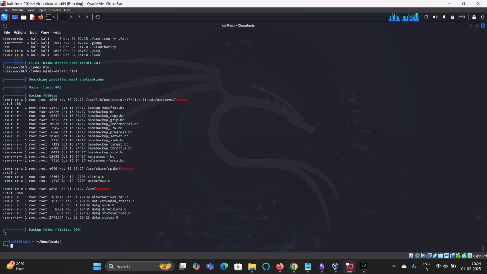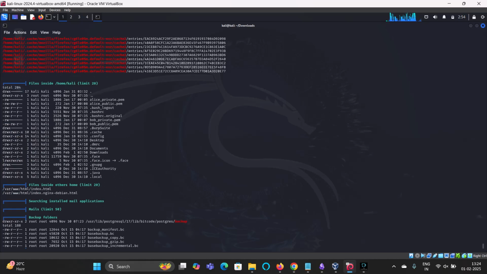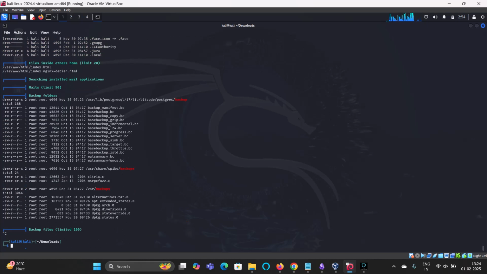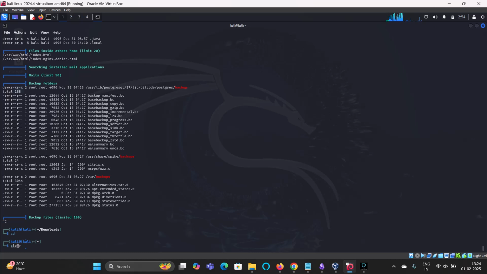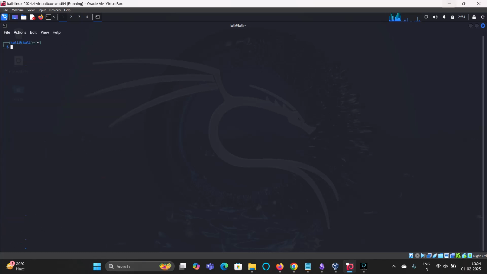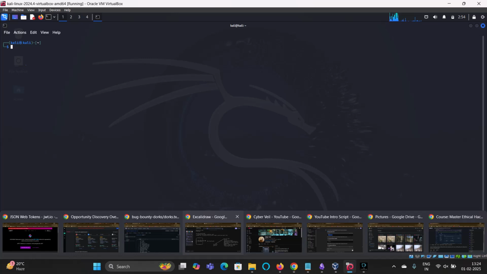I was not going to show you more, because you get a hold of how you can perform the automated Linux privilege escalation. After getting a hold of backups, you can just get into the backups or something like that, and you can just get the shell. So that's how things work for this particular privilege escalation. I guess it is clear, and you guys have a hold of how to perform things.